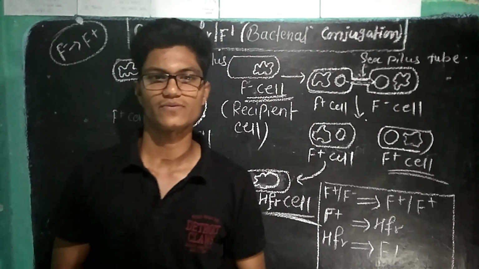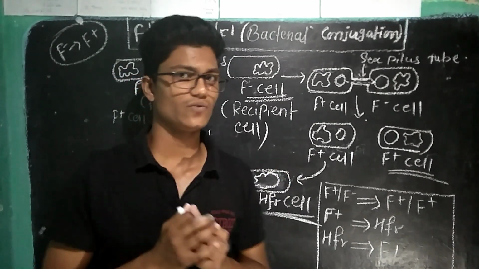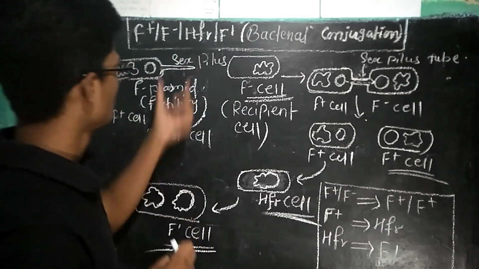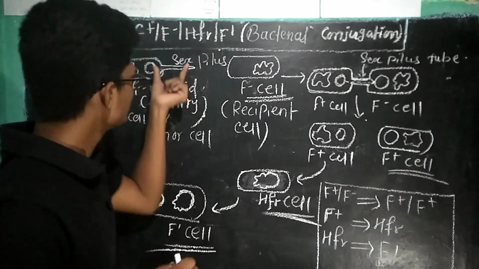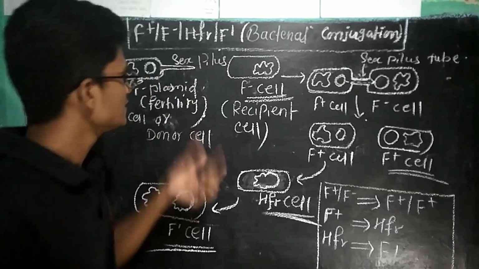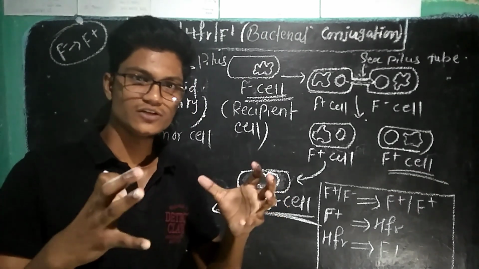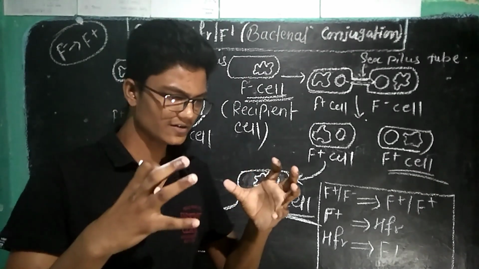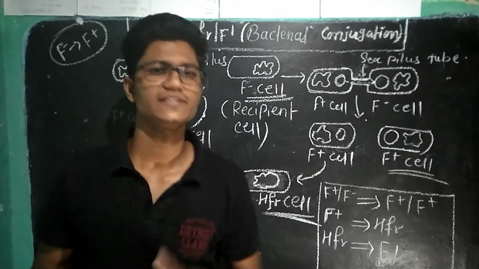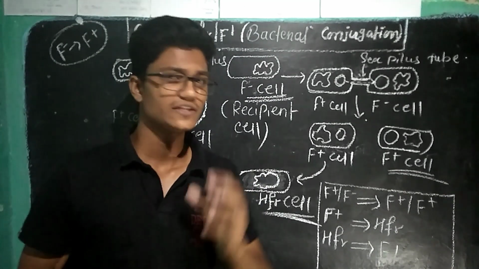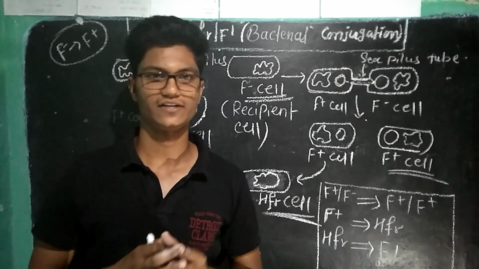So this is totally about bacterial conjugation, the process to form the new recombination to transfer the genetic material from one bacterial cell to another bacterial cell by cell to cell contact. Why am I saying cell to cell contact? Because one of the bacterial cells, which is known as the plus cell, contains the sex pili, and these sex pili form the connection with the other bacterial cell, and they are connected together, making contact together. Hence in the definition we are saying that bacterial conjugation is nothing but the process of transferring genetic material by cell to cell contact.